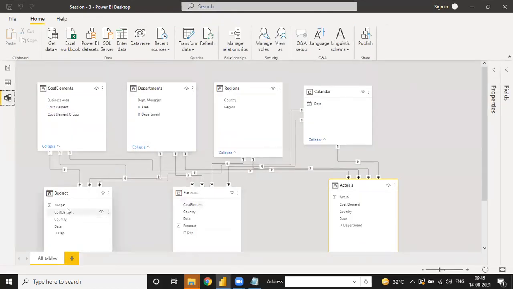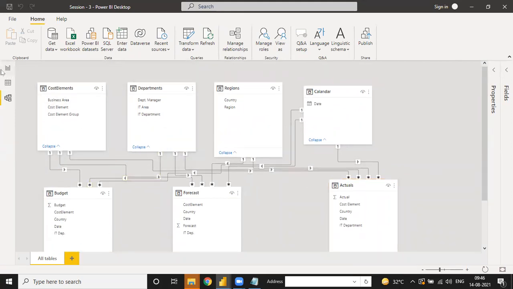Okay, so if any table or any column is not there, then you have to choose the related table. How to choose the related table, I will tell you later, because there is one session in which we have to connect this kind of modeling relationship with different kinds of tables. Okay, so just a simple thought. Now our relationship is ready to maintain.